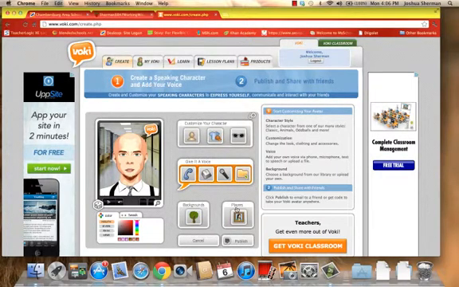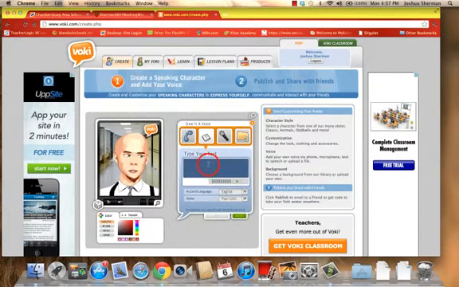The last step in Voki creation is giving your avatar a voice. You can phone in a voice, which is the first option here that looks like a telephone. You can use text-to-speech, which is the second option that has a picture that looks like a typewriter key. And you can use the built-in microphone or an external microphone directly from your computer. We are going to focus today on text-to-speech and a built-in microphone, as we do not typically use our phones in the classroom. So to use the text-to-speech, we will click on the typewriter key,